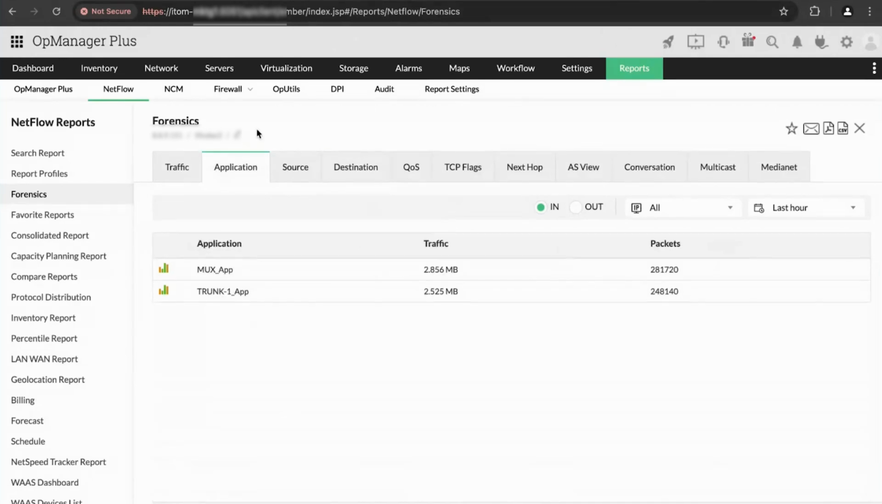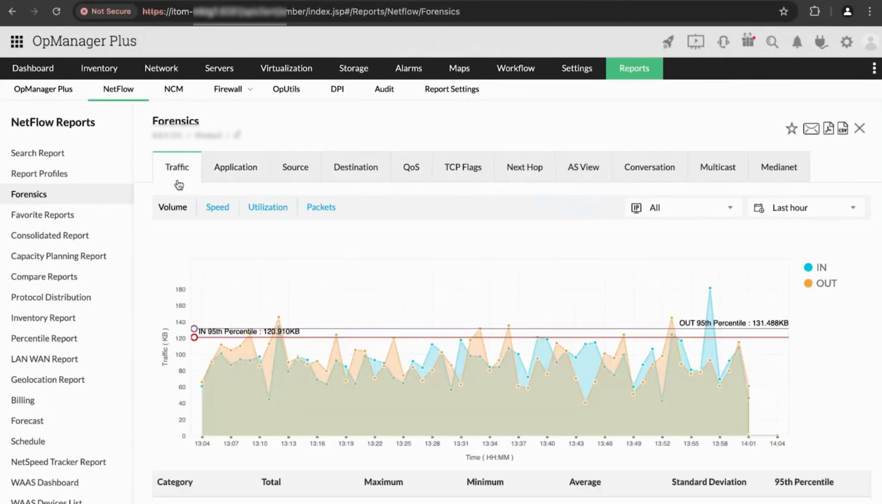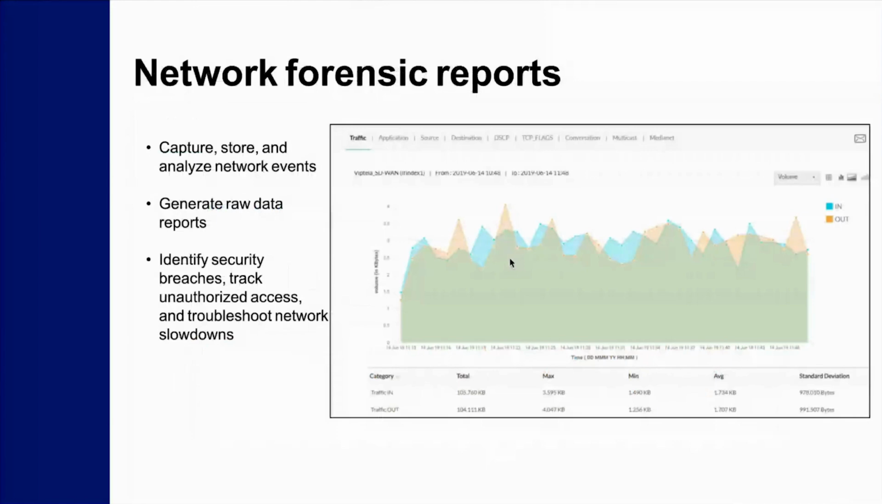With this forensics report, in case something goes wrong in my network, I'll be able to dive deep into the extremely granular data and find out what went wrong. This is how forensics reports work. Now let's go back to the presentation and take a look at some of the advanced features available in our